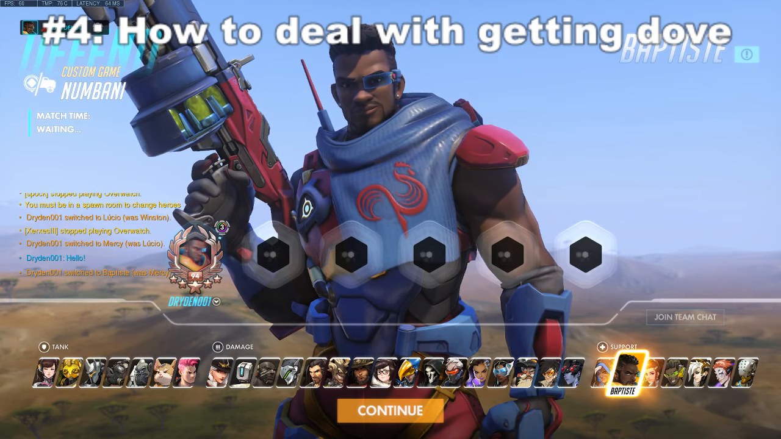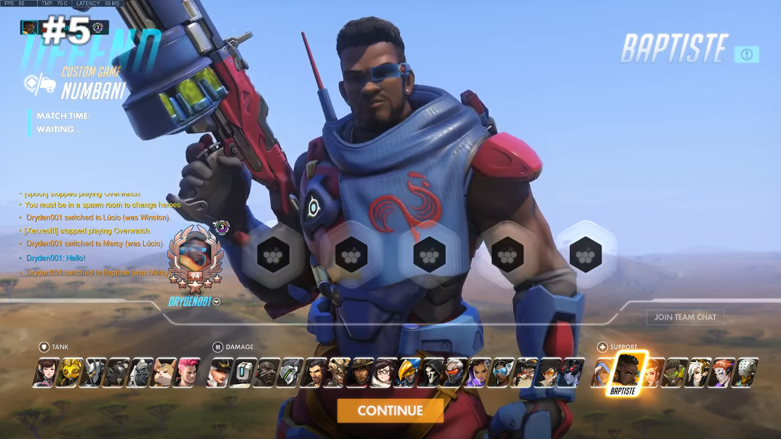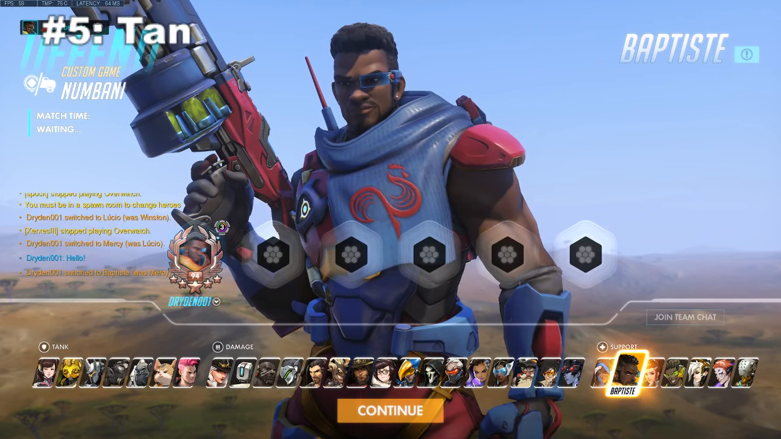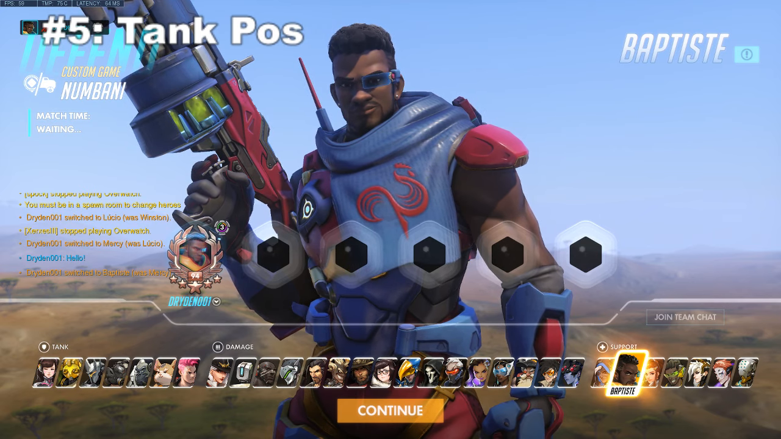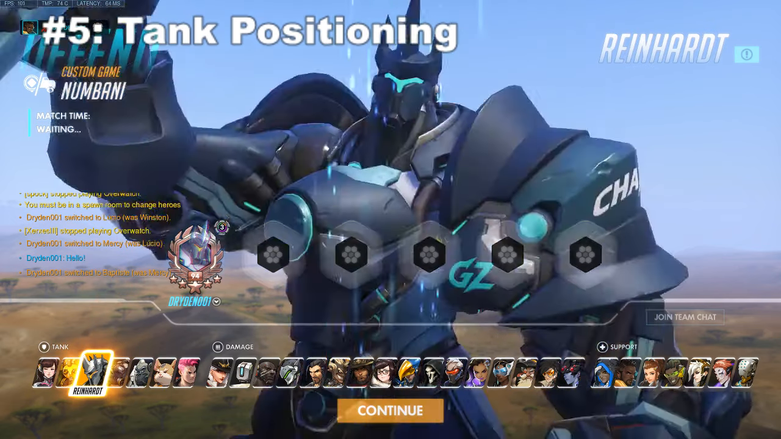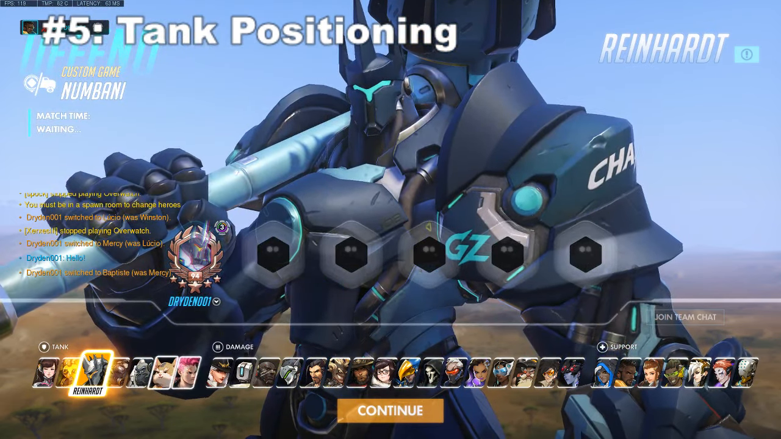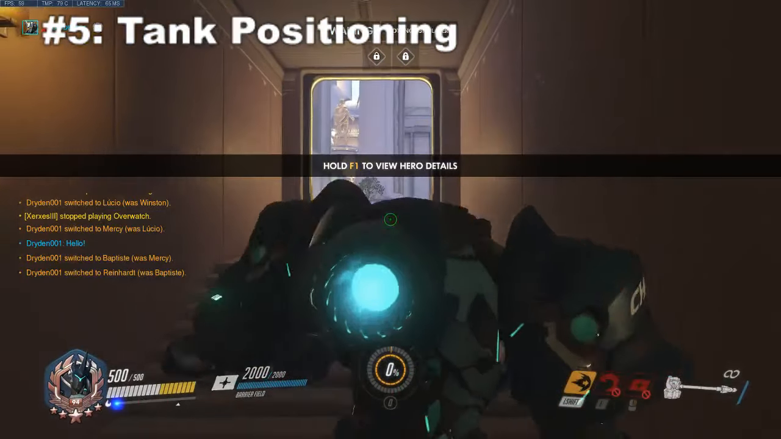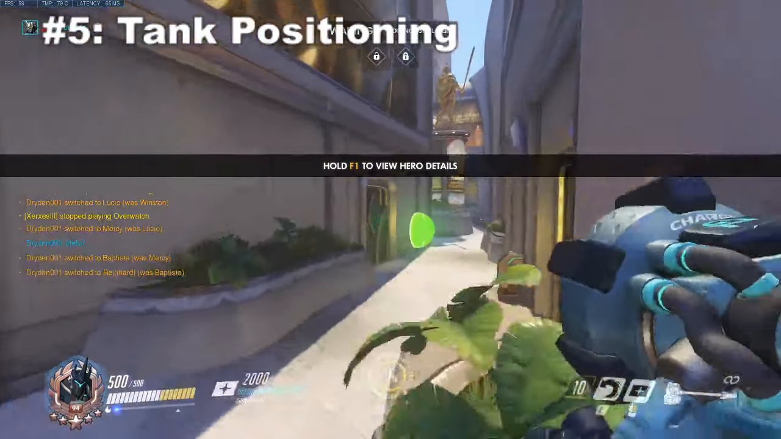so I don't know if I have the numbers. Track number 5, tank positioning. There we go. So tank positioning goes in 2 parts. Of course, there's basically a couple things to keep in mind. So Rhine. So Rhine positioning,